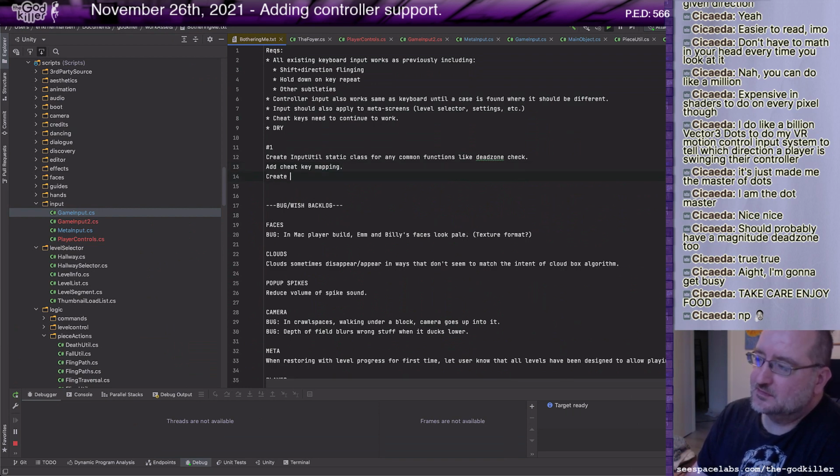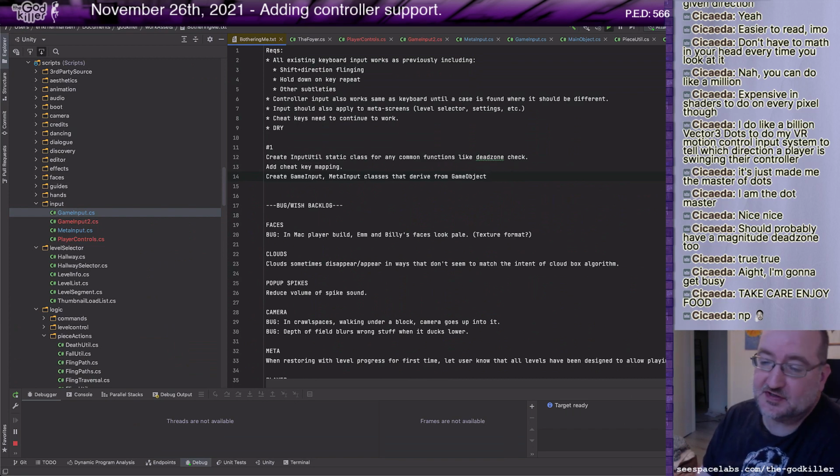Create game input, meta input. Classes that derive from game object. Now that's a question. Do I really need to derive these from game object?